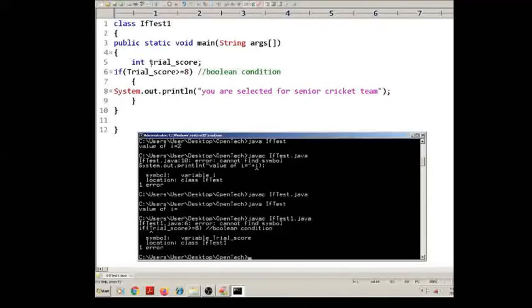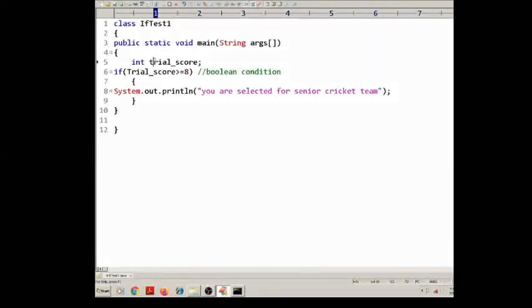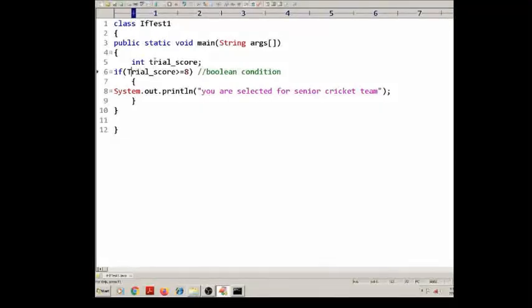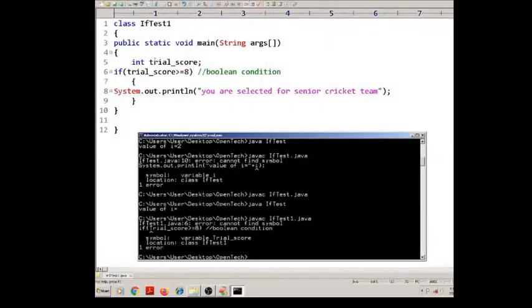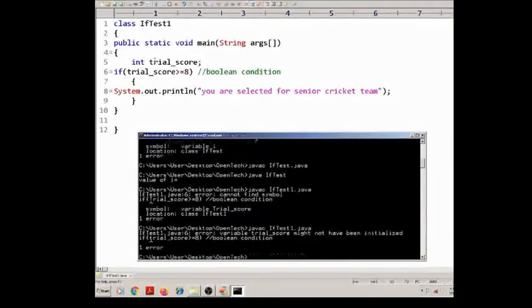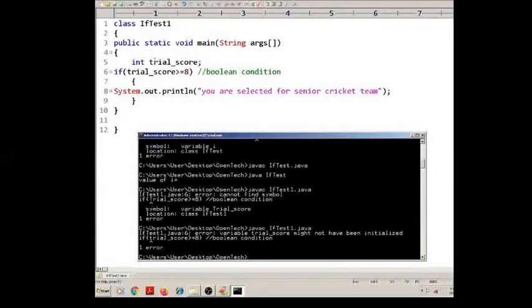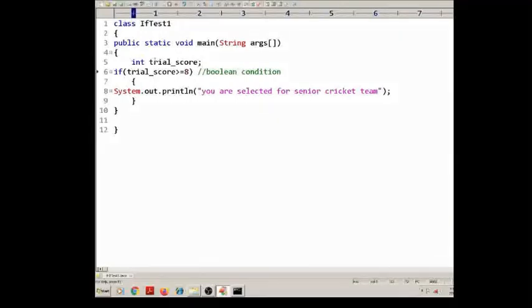Yes, exactly. Case error. Now here it should be a capital, so you need to change the case. Again compile the program. Variable trialScore might not have been initialized. So first we need to initialize the value. Okay, now initialize the value of trialScore.